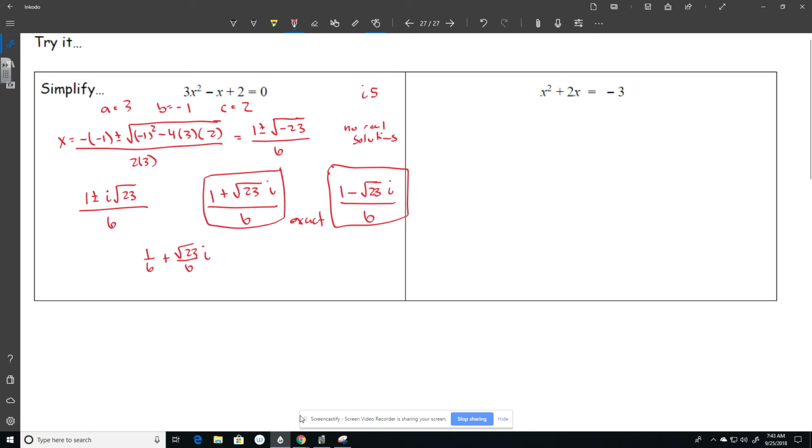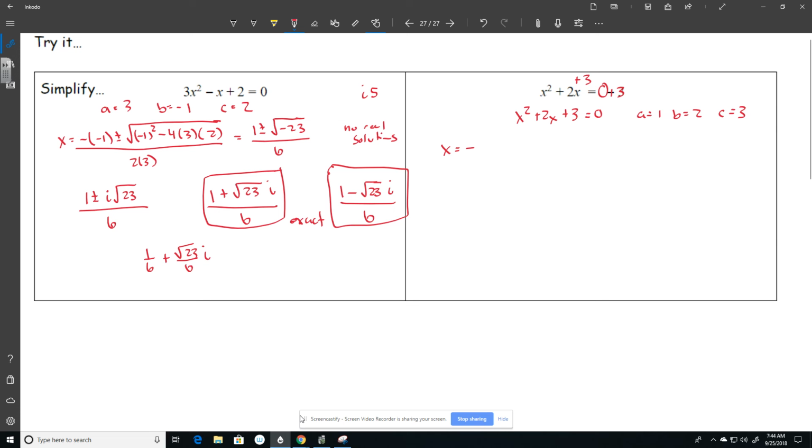Okay, let's check your answer with what I got. x squared plus 2x. To get this equal to 0, I have to add 3 to both sides. So this gets plus 3 equals 0. So a equals 1, b equals 2, and c equals 3. So when I plug those in, x equals